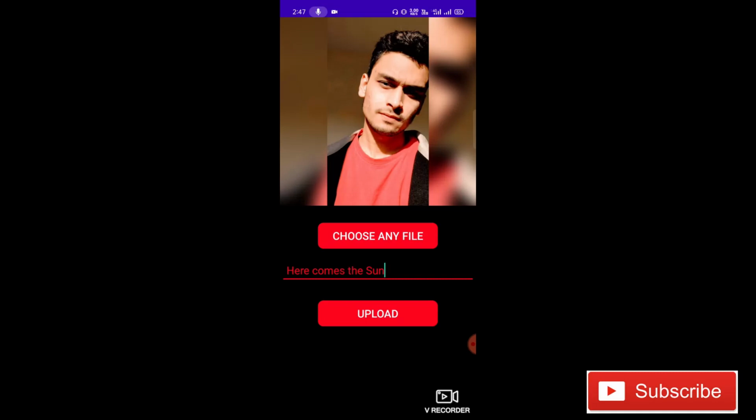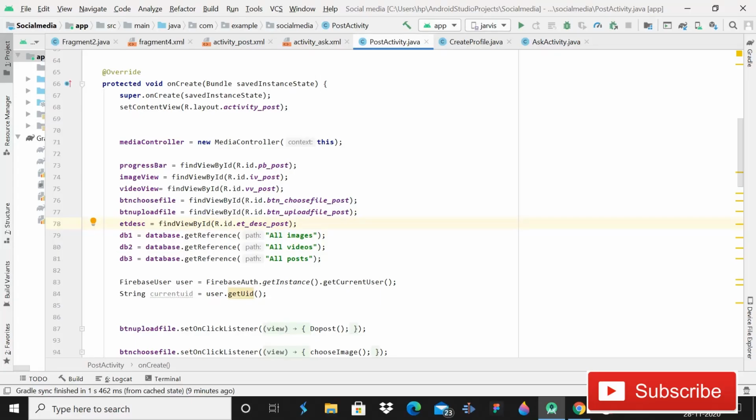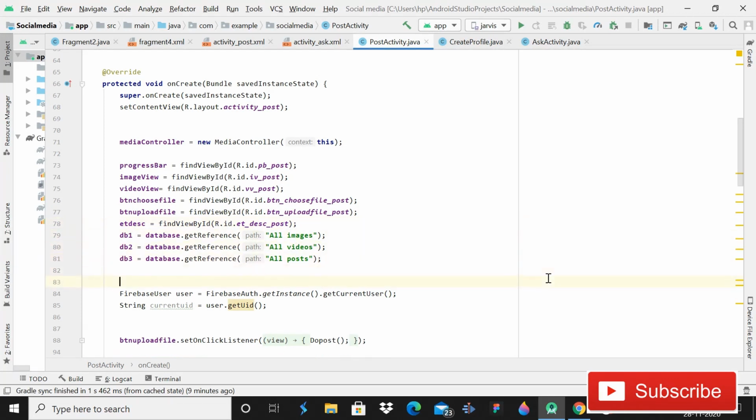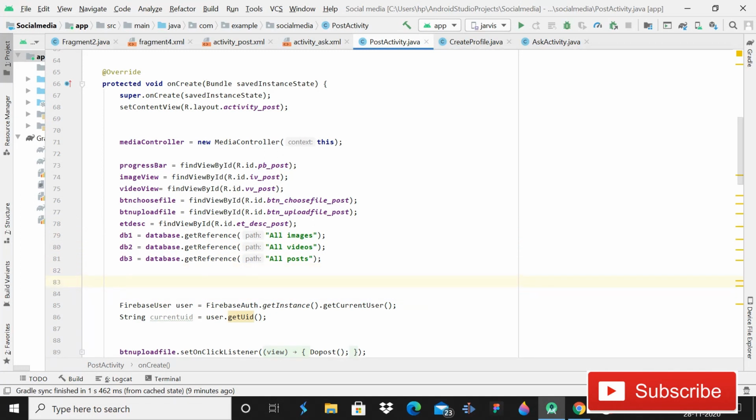So guys, today in this tutorial I'm going to show you how you can do this. So without wasting time, let's start. First of all, here what we will do is we have to give a reference for storage. And guys, the last video was a little bit long, so I will try to keep this one small for digesting the codes of the previous tutorial.